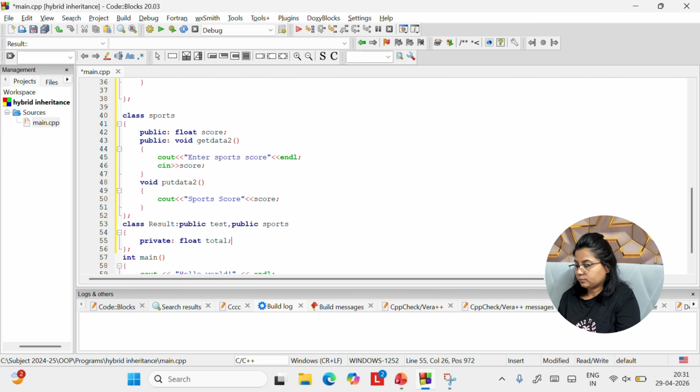Now what we can do over here is we can take a member function in which we will calculate the total marks. Okay, so how to calculate the total marks over here? We need to fetch the data from class test. We need to fetch marks 1 and marks 2 from class test. Okay, so before doing that, we need to get some data, right?